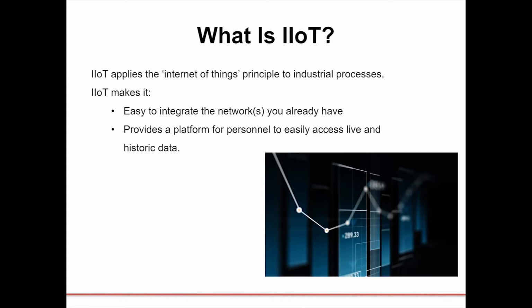It's possible to use gateways, converters, and routers to get the network you already have to communicate with your new IoT platform. Thus, integrating an older network with a new platform that captures data in real time can also store a large amount of historical data, which can then be accessed by the right users. If it's a cloud system, you can access it from anywhere. Industrial IoT then is simply the application of IoT principles and technologies to industrial processes.